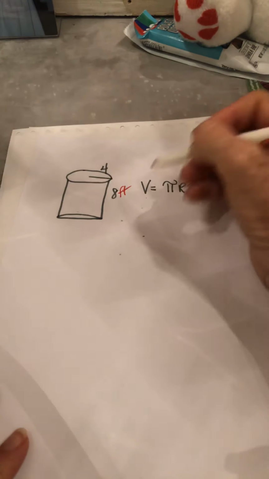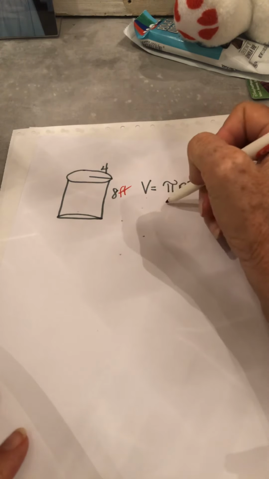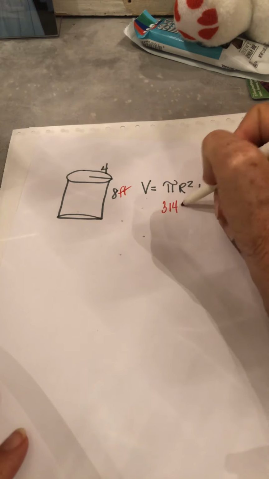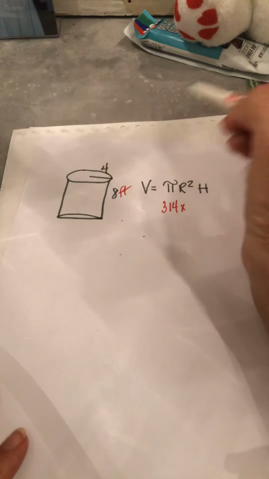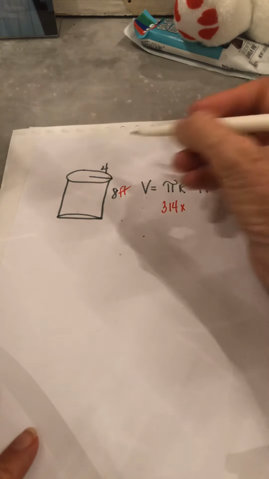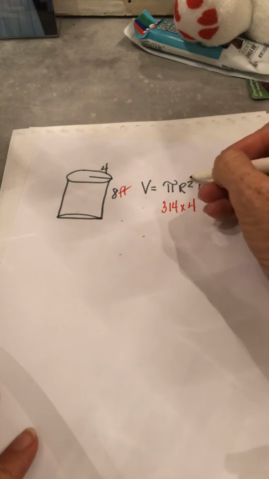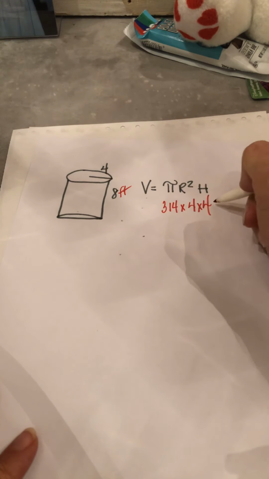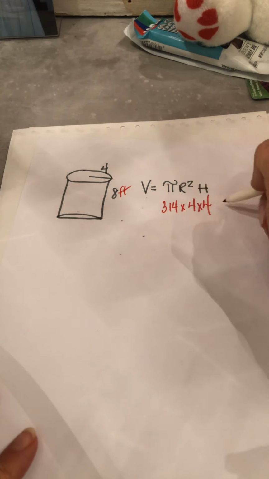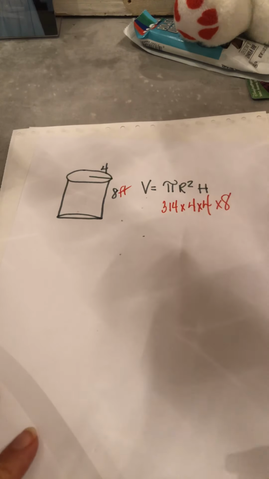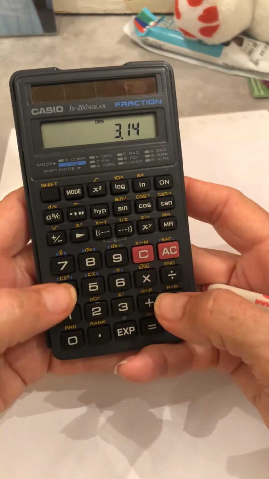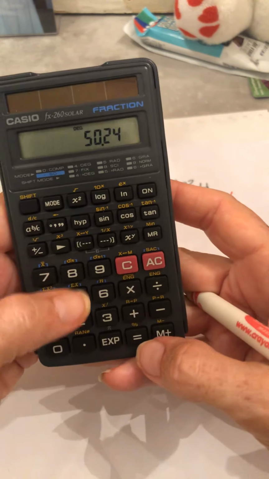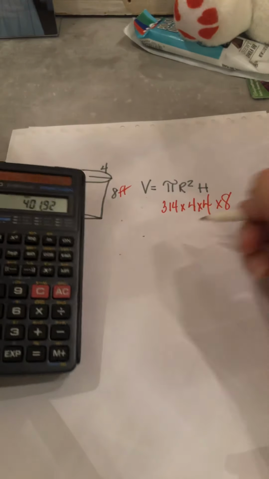Okay, so, and I forgot to put feet or inches. So we know that volume is pi, which is 3.14, times my radius. Now remember, if it would have given me diameter, I would have had to cut it in half first. So my radius is 4. I need to type it twice in the calculator because it's squared, times my height. So I'm going to say 3.14 times 4 times 4 times 8. And I get